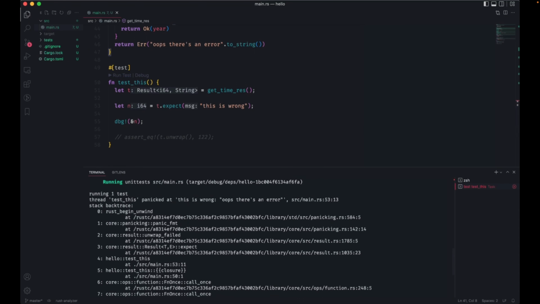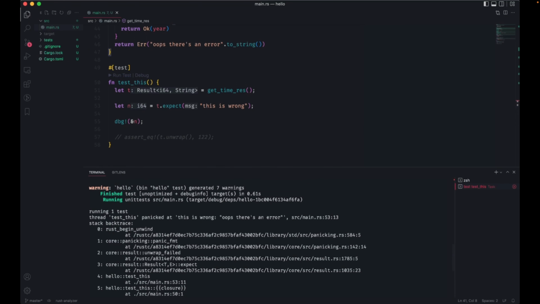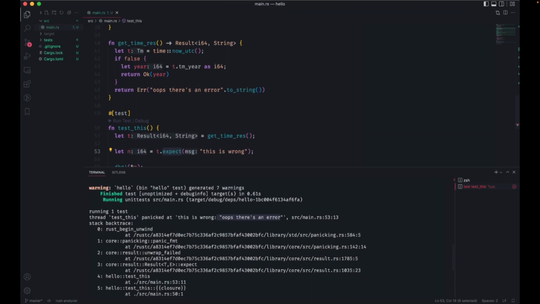It also panics again. But now I'm not only getting "this is wrong" over here that I had put in the expect. It's actually giving me this other error here, which I had coded above here. So with result types, I'm always giving some expressive error back.